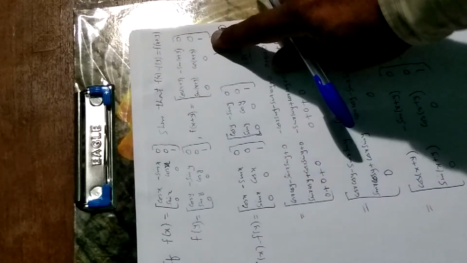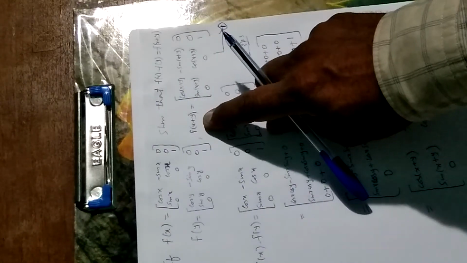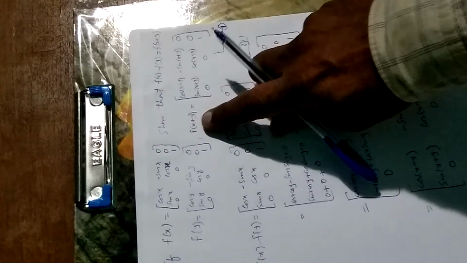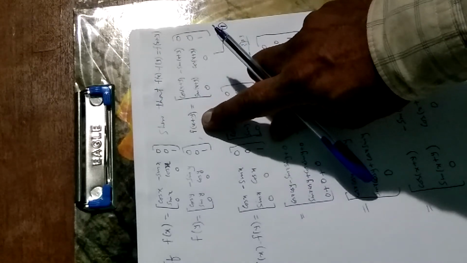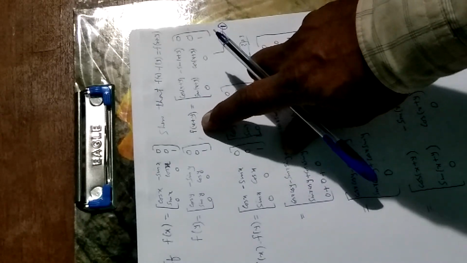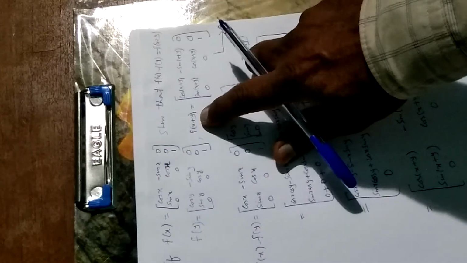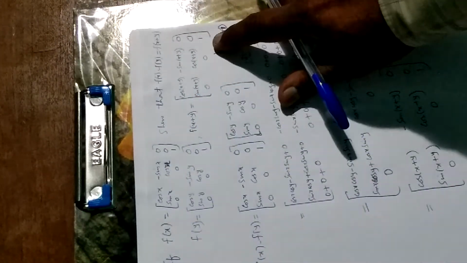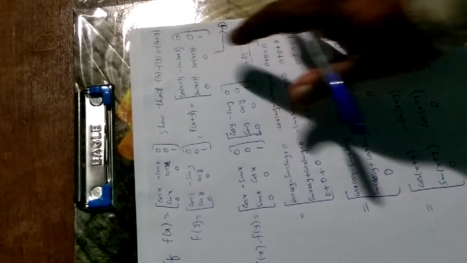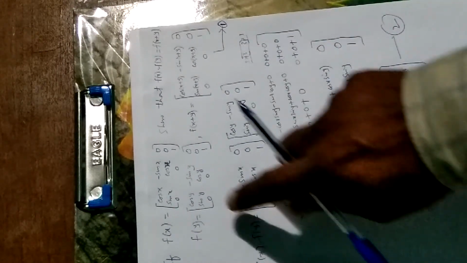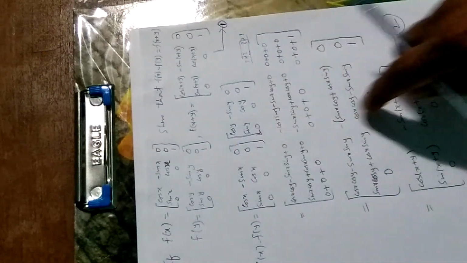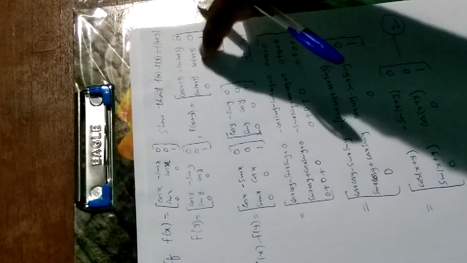Where did we get this from? We got this from the question, right? We wrote f of x plus y. What did we do? We just replaced, in the given question, x by x plus y. So we got this, right? This is f of x plus y. And we got this by multiplying f of x and f of y. F of x and f of y we multiplied and we got this. And we are getting the same RHS here, in equation number 1 and 2.